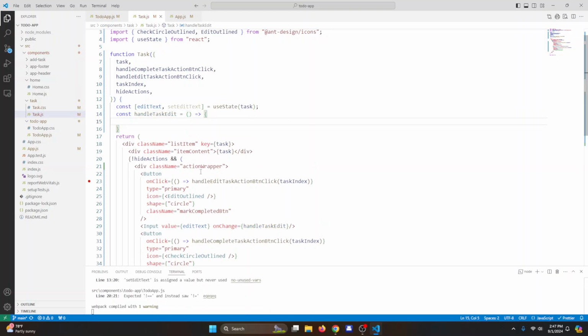Okay, in this handler, since it is an on-change handler, let's name it handleTaskChange. Once you are done with that, we will be getting the event here,